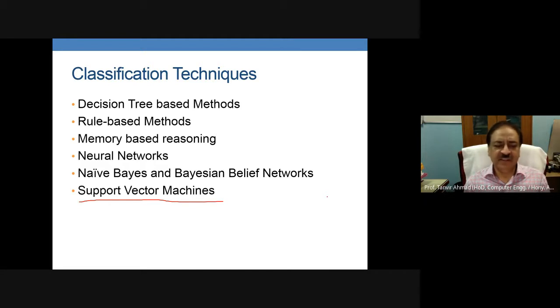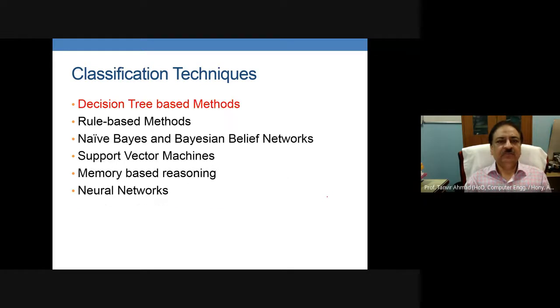Therefore, we will not be discussing neural networks and rule-based methods in detail, but we'll try to give you a small idea about these methods. Of course, these are not to be discussed from the algorithm point of view, because you will study this in the next semester, where you will have soft computing techniques. Okay. Any questions till now? Okay. Now